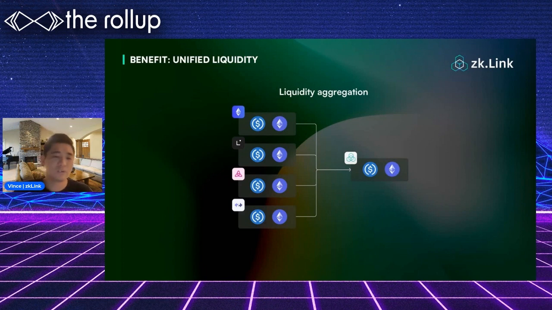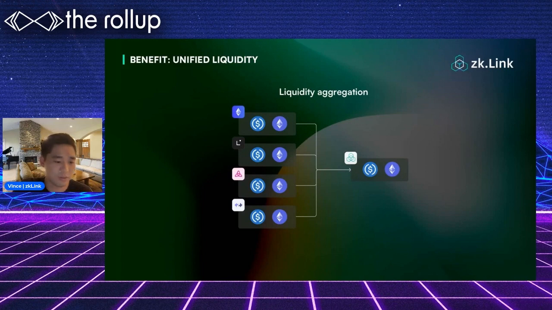So this will greatly simplify the user experience, because any user can enter the layer 3 directly from Ethereum, or they can enter the layer 3 from any layer 2. And once they enter,